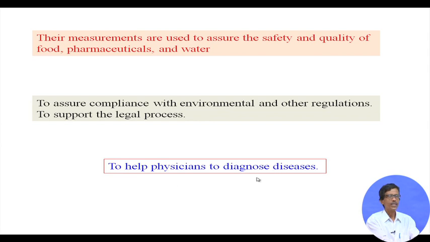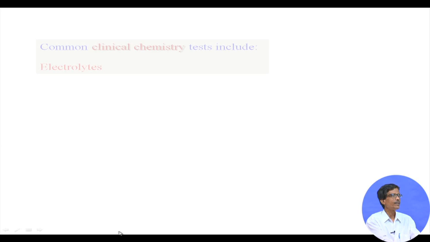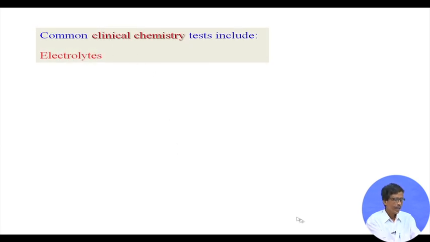It also helps the physicians, which is a direct application: you can help physicians diagnose diseases. You know the percentage of glucose in the blood, and the amount of sodium, potassium or calcium. These are very simple and very basic things that you can help other people know, and you can determine them from such samples. Electrolytes, as we were just talking about, are simply sodium chloride or potassium chloride. When you go to any pathological center, the common clinical chemistry tests analyze the corresponding electrolytes present.